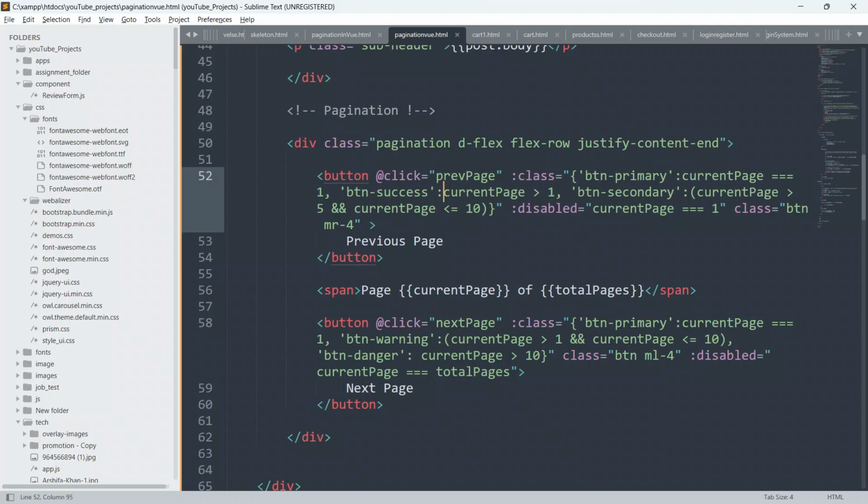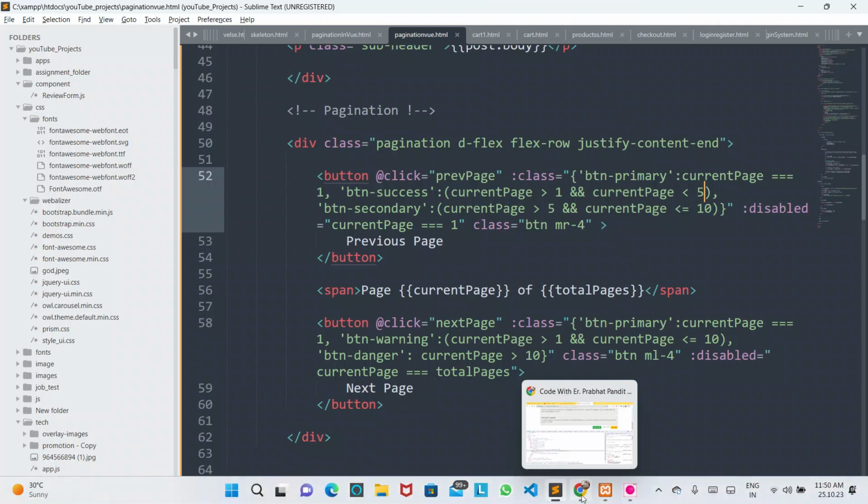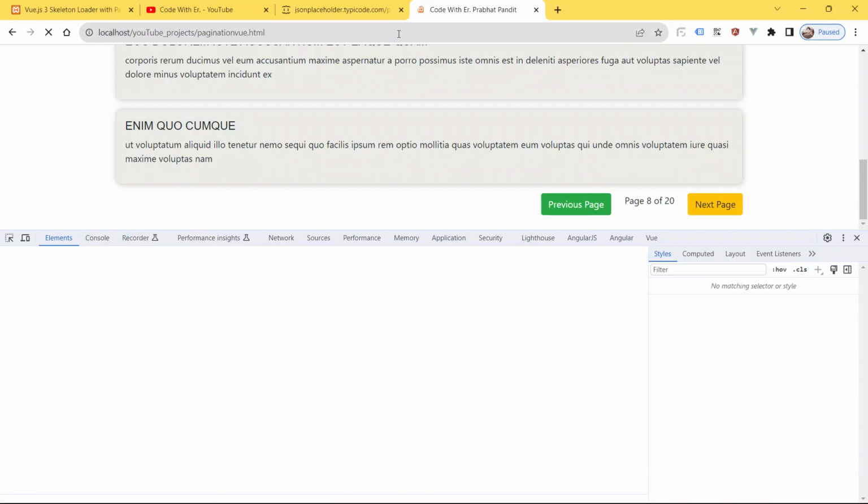So I'll check here and say it is less than 5. Okay, greater than 1 and less than 5, and if it is greater than 5 and less than 10. Okay, so just test this. Now save your code and refresh the page.